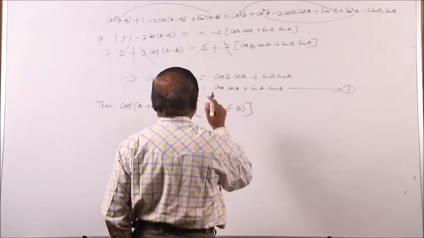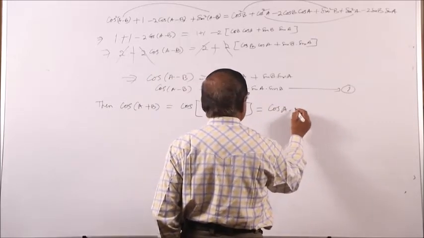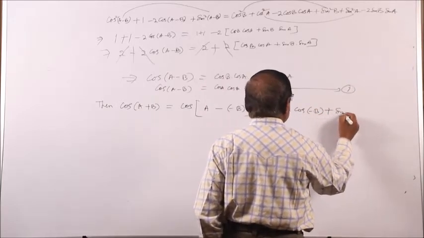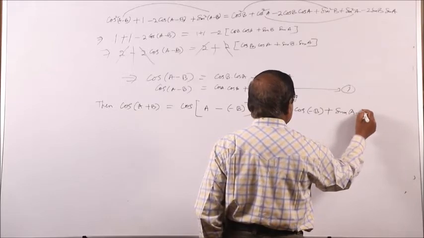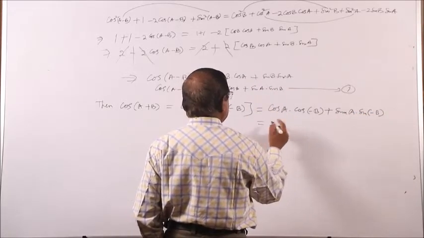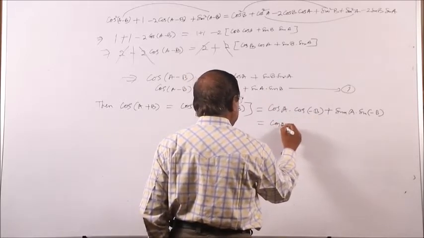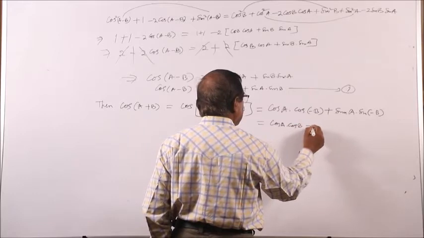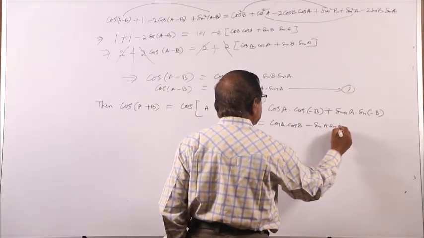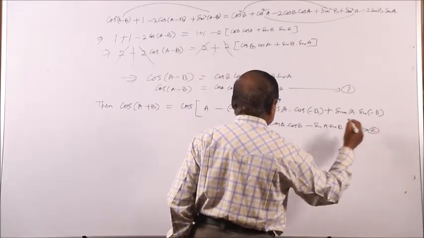You apply the same formula here, which is equal to cos A into cos B plus sin A into sin of minus B. Since cos is even and sin of minus B is minus sin B, cos A into cos B minus sin A into sin B. So, you get two formulas. Second formula,